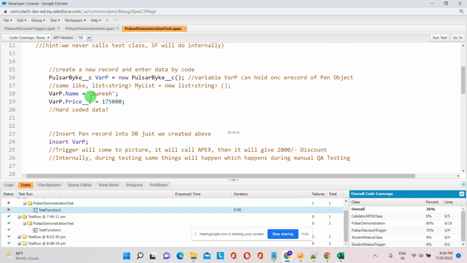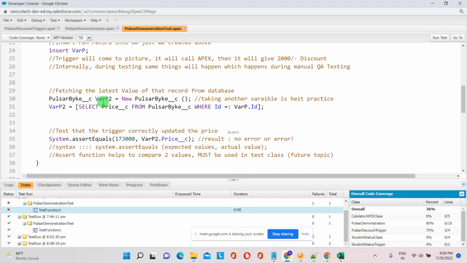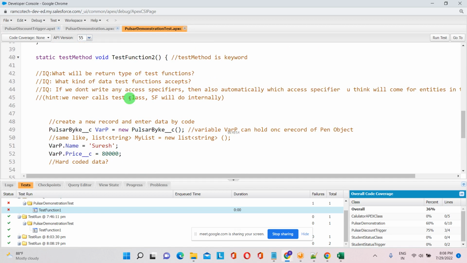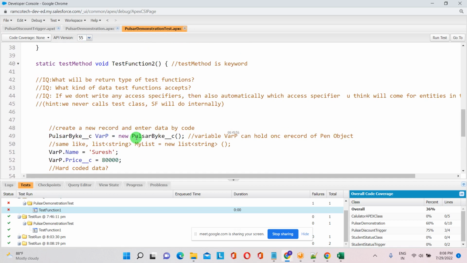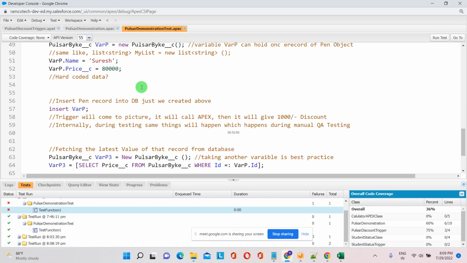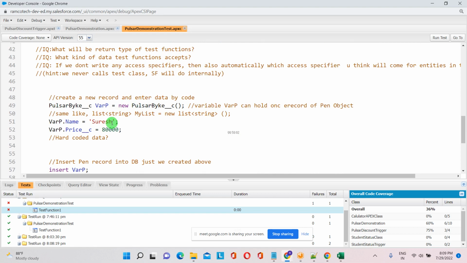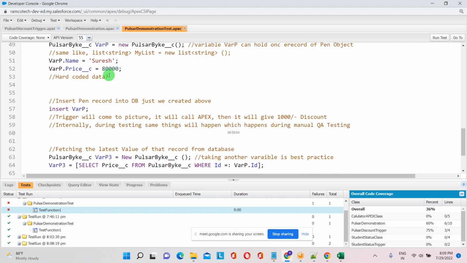Okay, where P? Okay, one minute. So here we gave the text function, but what they're doing is they're not updating the same record. They're just inserting. Yes. So now